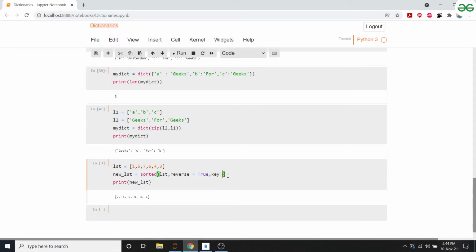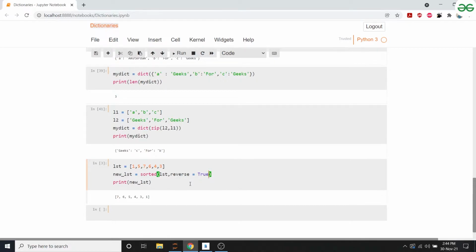Key is for when you want to sort in a particular manner, not just ascending or descending. Maybe you want to sort in a manner where odd numbers come first and even numbers come after that, maybe, just maybe. Then you will have to create a function that you would put in the parameter key, but we're not going over that now. We'll go over that in a couple of minutes. Right now it is clear: sorted, reverse True, new list or no new list.